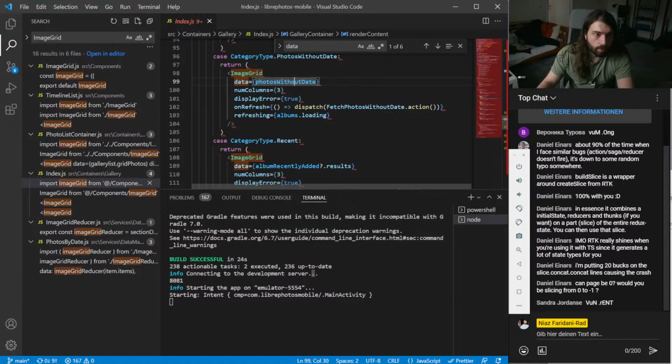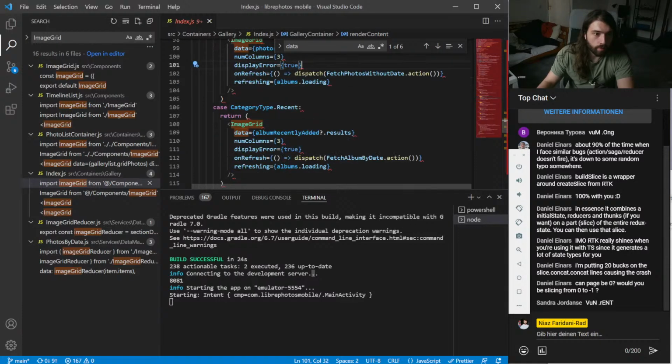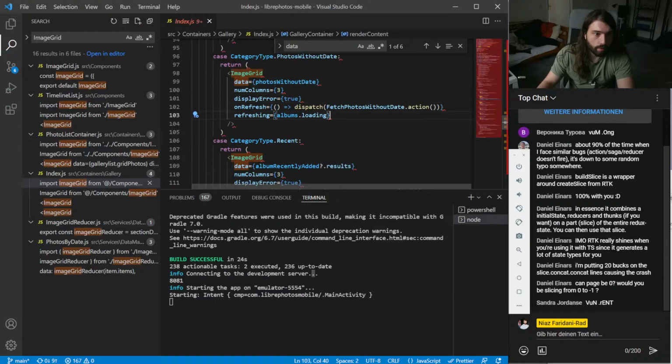Photos without date. Yes. Number of column 3. On refresh, album loading.